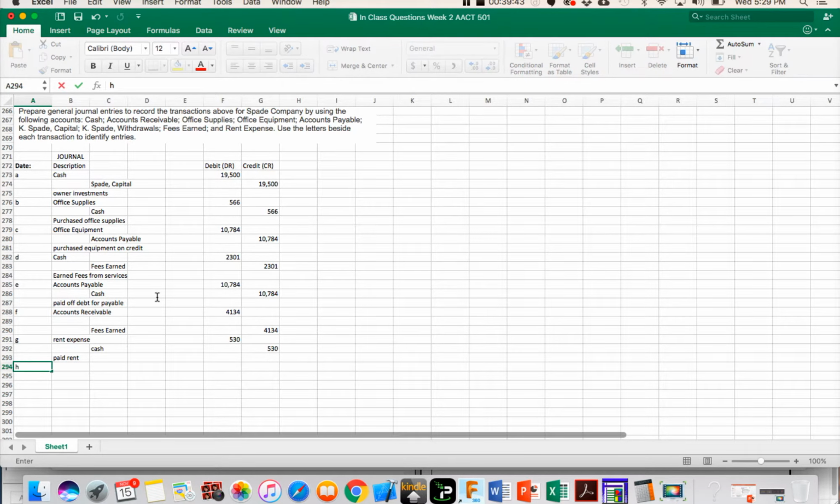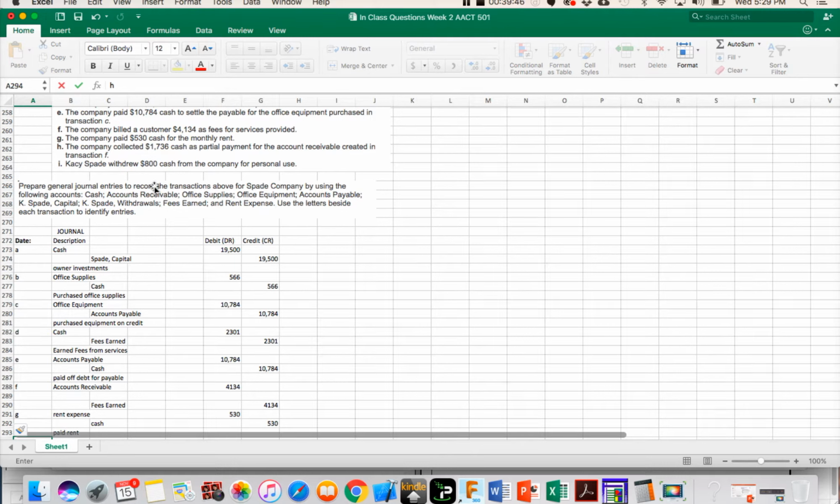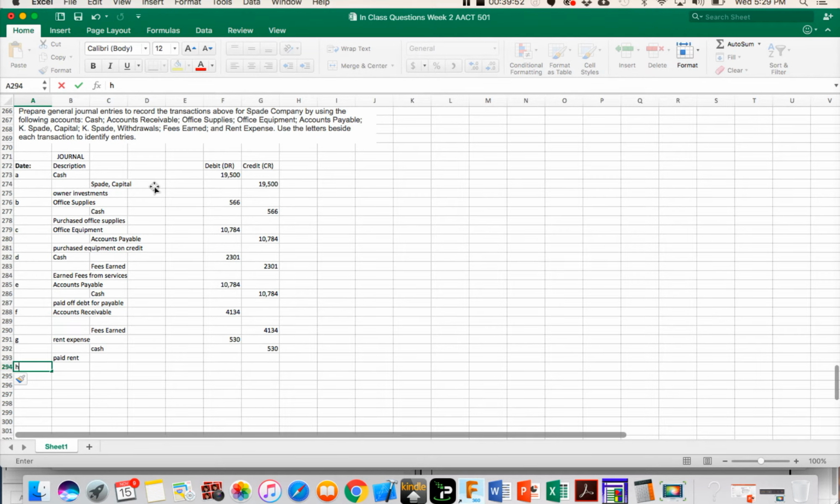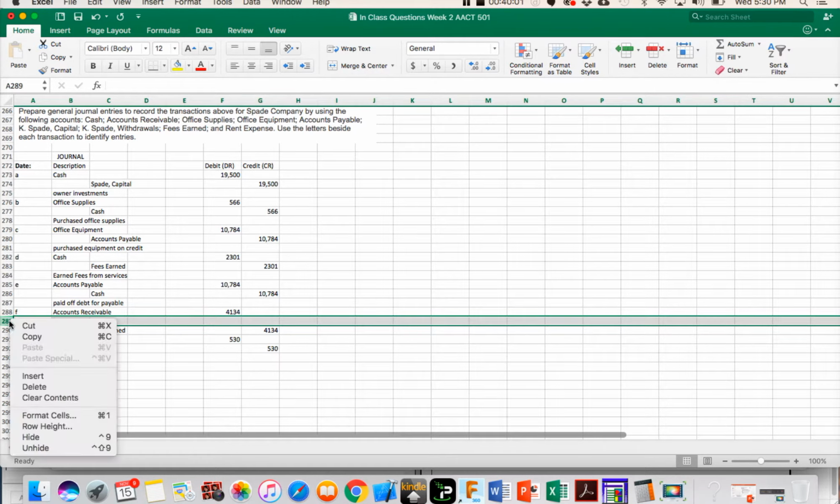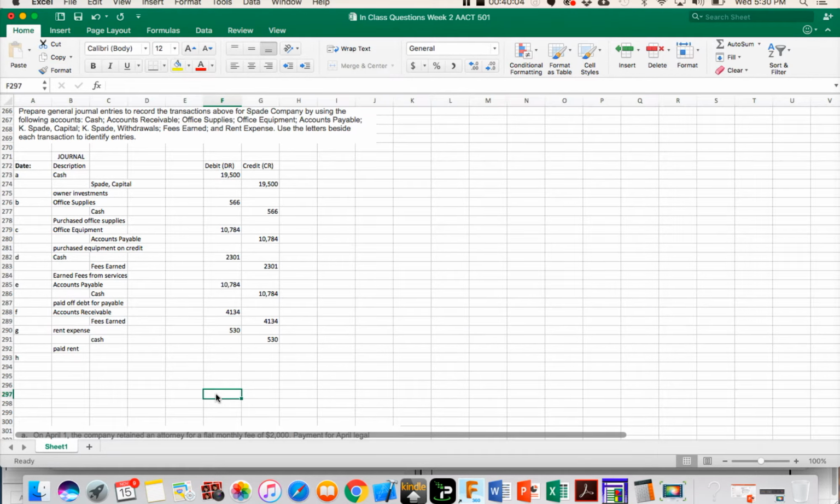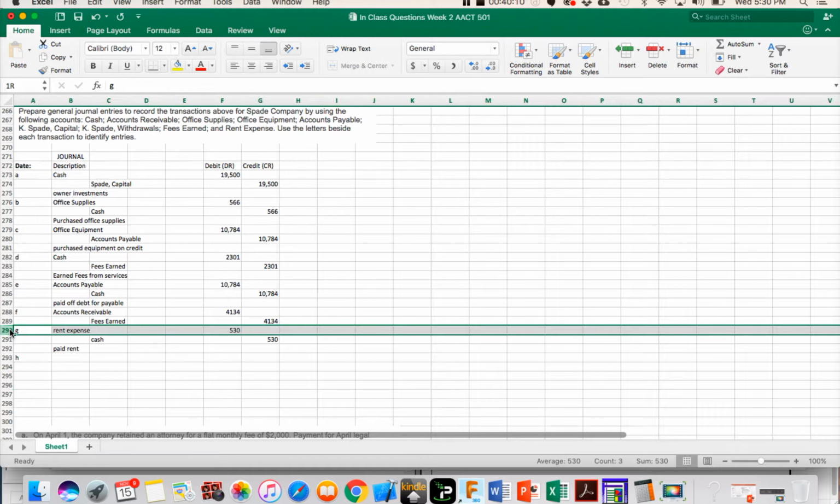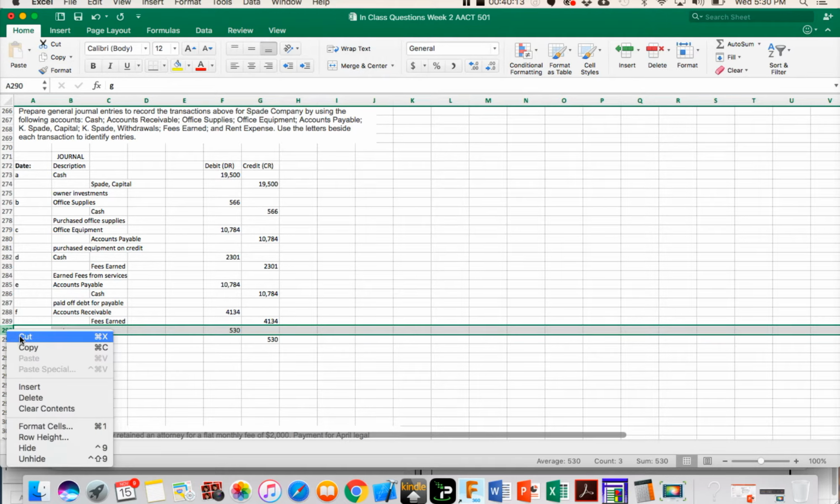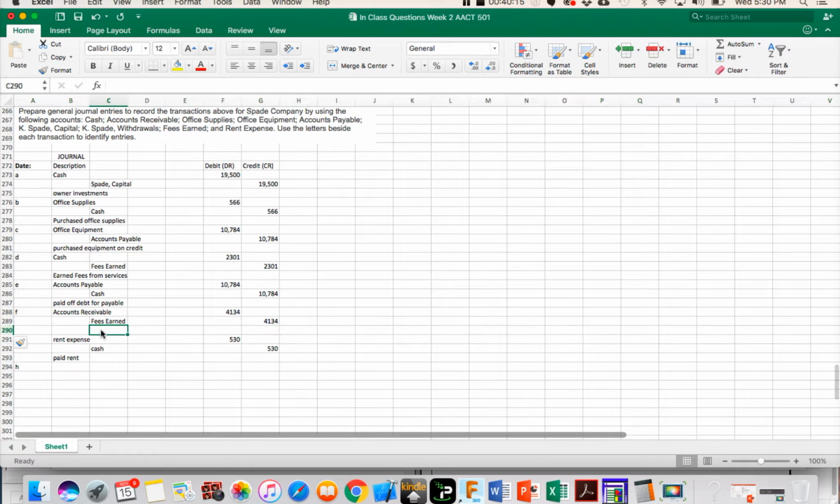That will leave us at H. Company collected $1,736 cash as partial payment for account receivable from transaction F. We don't really care that it's a partial payment at this point. We will treat it the same way. Actually, clean this up a minute here. All right, like I said, I left off, sorry, a little OCD here. I didn't put, there we go. Okay, now that I've corrected that,